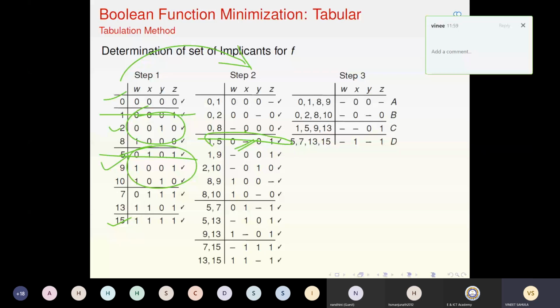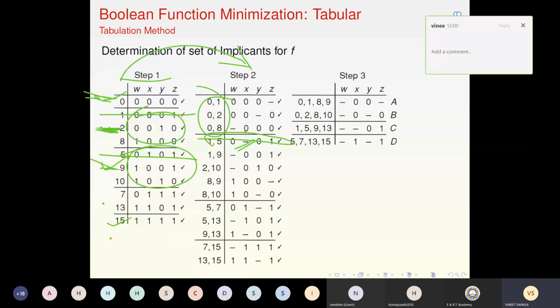The neighbors are groups. There are 5 groups in table 1, and each group has members. The first group has 1 member, the second group has 3 members, then 2 members, then 1 member. Each group has to be compared with the earlier group and the later group. If I take the first group and the second group, I will have 3 pairs, and all of them can be chosen: 0,1, 0,2, 0,8. I have chosen them.